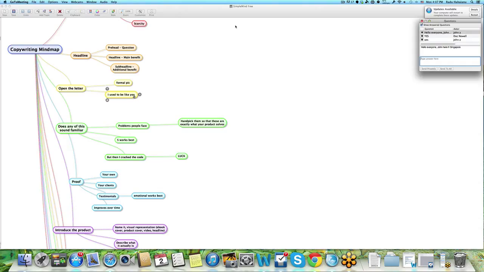And this is important because again it hits some pain points in your reader, and he realizes, oh yes, I want that, this guy was like me, and now he's successful, so if he managed to do it, I can as well. And then you start with something like, does any of this sound familiar, and then you put some problems in bullet points, and you need to handpick those problems so that they will perfectly fit